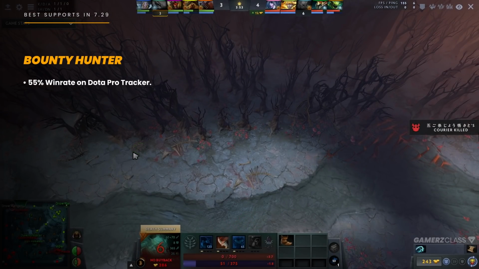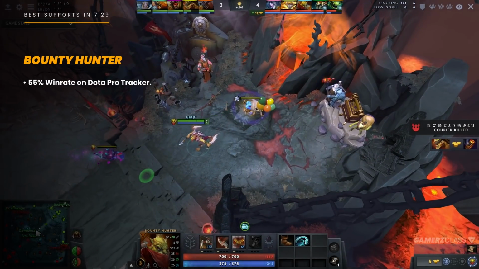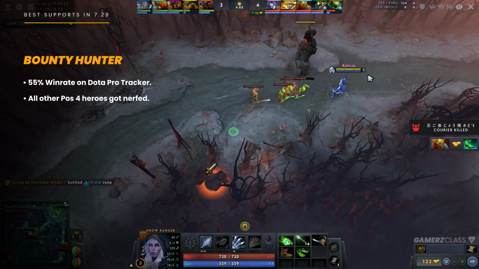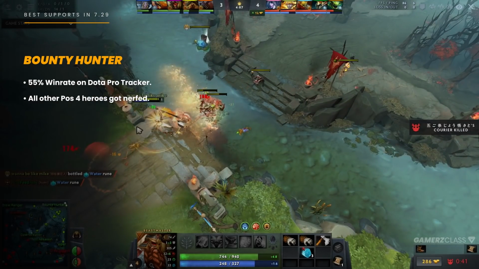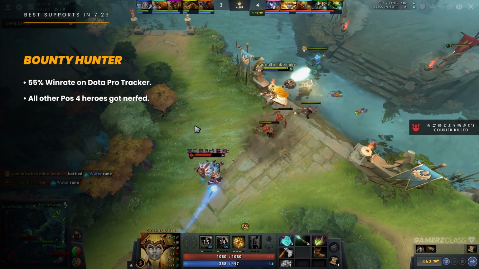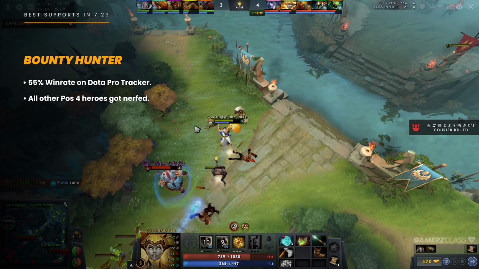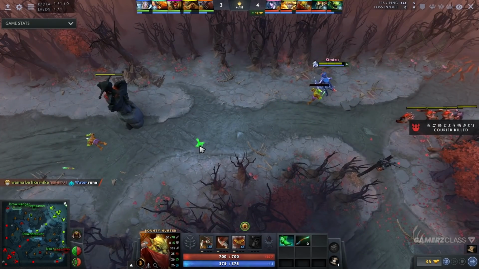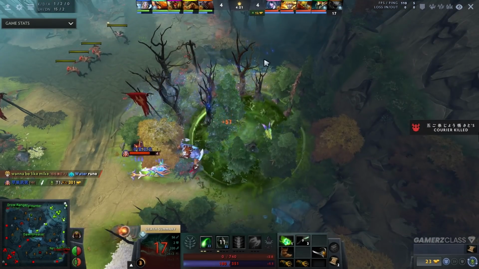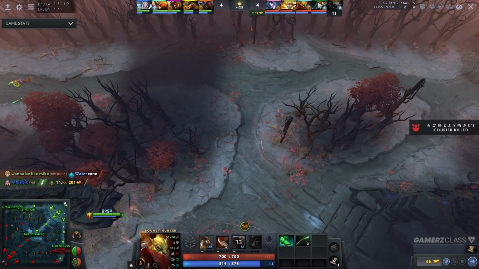And first of all, this is due to the fact that all overpicked position 4 heroes like Tusk and Earth Spirit that we saw frequently being picked at the major have been nerfed heavily, and Bounty Hunter didn't get changed at all. He didn't get any buff on the spells or the hero itself, and I think Bounty Hunter was in an okay spot